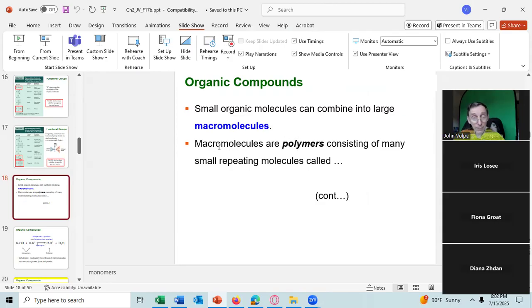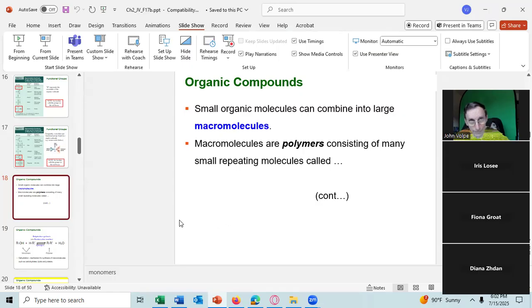And the macromolecules are made up of many polymers consisting of many small repeating molecules called monomers. For example, starch is a large biological molecule. It is a macromolecule, and it is a polymer of many monomers. It is made up of many glucose molecules held together one after another in a